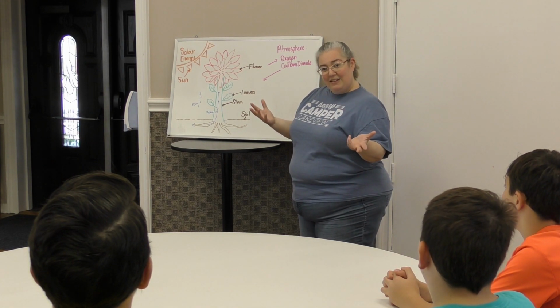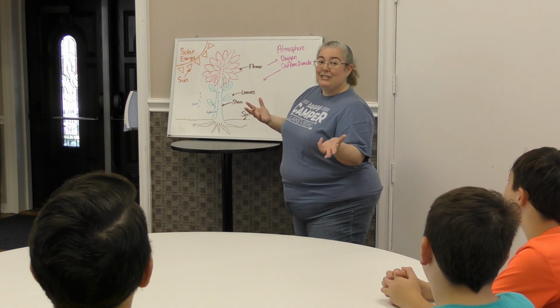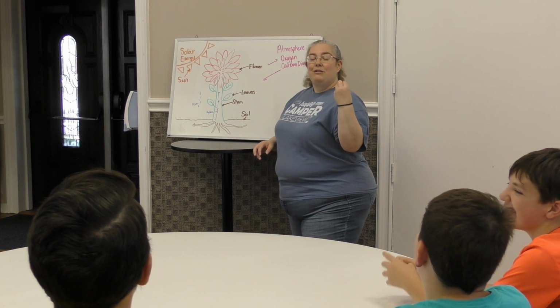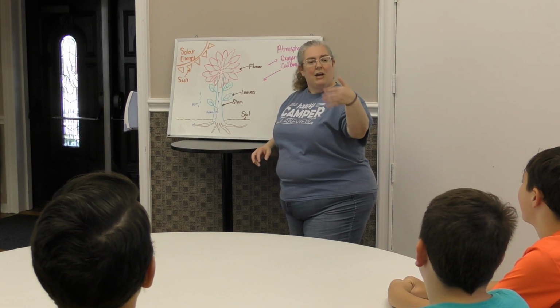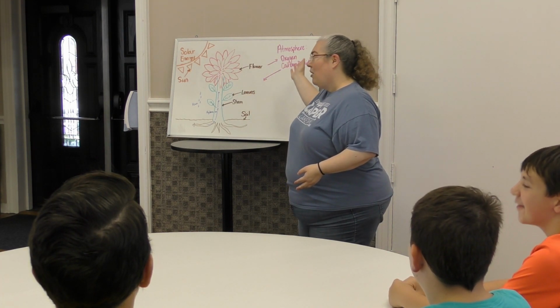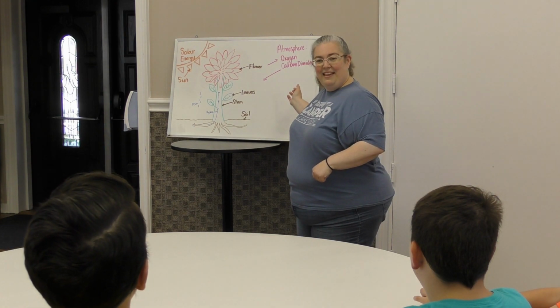Do y'all remember what that is? Anybody? Or is this a little too old for us? This is a chloroplast that is only found in plant cells. It's one of those specific things, but do we remember what the process is that plants use solar energy and water and carbon dioxide in order to make their own food? Yes, what is it? Photosynthesis.